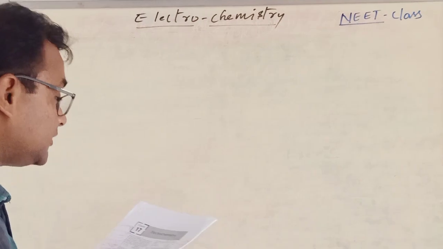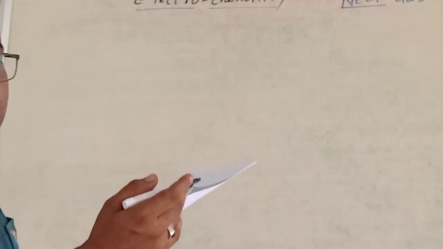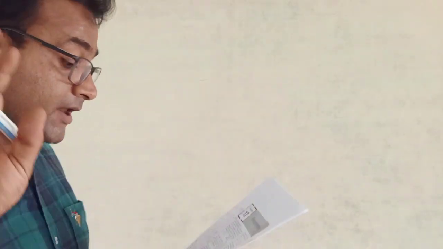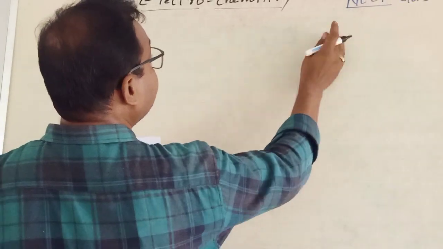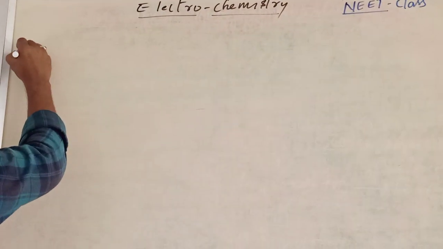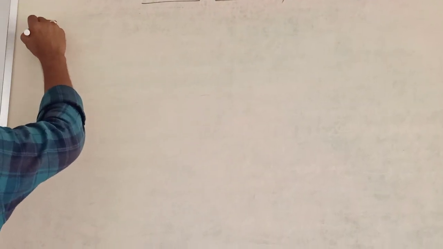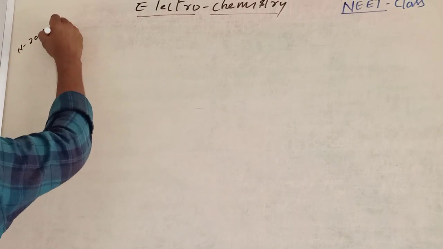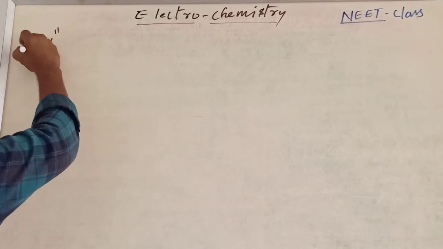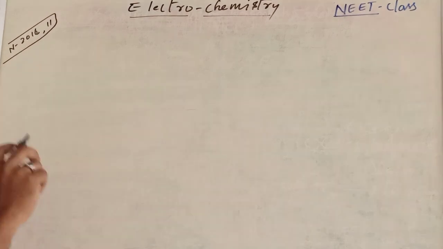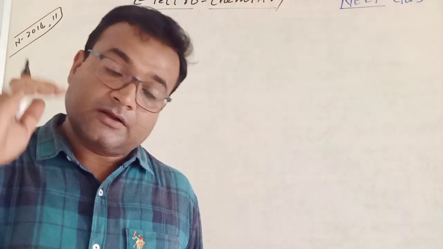Now fourth question. There is no power, so we cannot put the question on the screen. So I will write the question and the given things, and also I will read the question. Question number 4 appeared in NEET 2016 and 2011. The same question was repeated two times. Okay. Now,